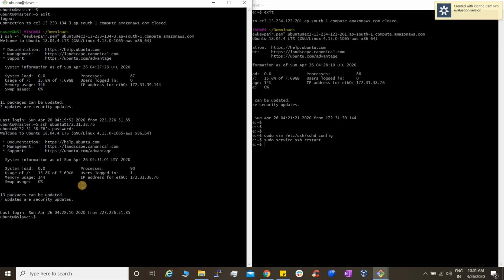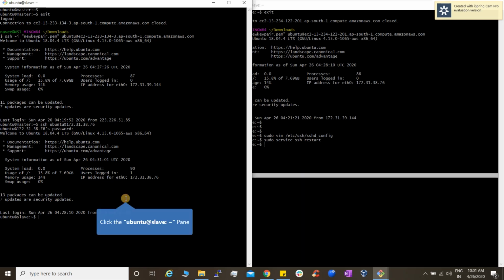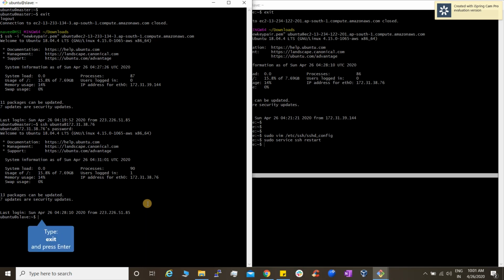Now, to do the same thing without giving any password, how it is going to connect directly, I'm going to show you guys. First I will come out of this machine which I already logged in. So now I am in the master machine, guys. To do the passwordless SSH, the first thing we have to do is generate the RSA key pairs. And how to do that?